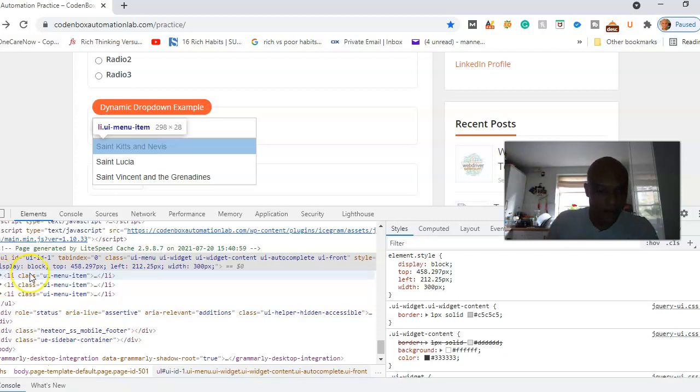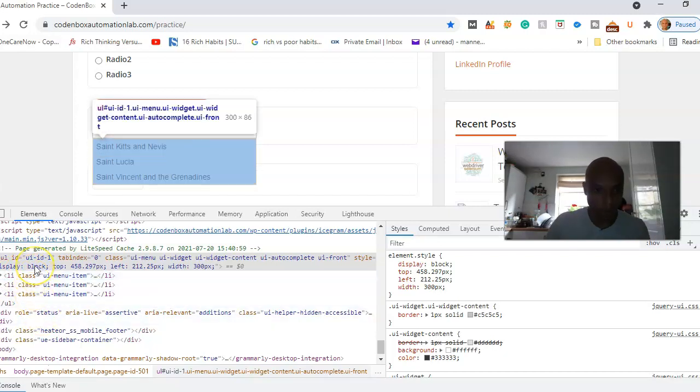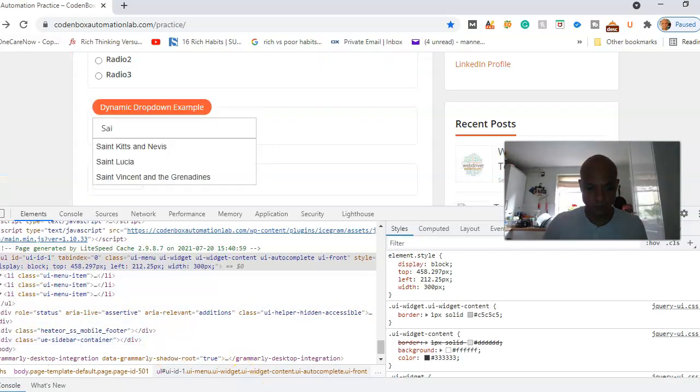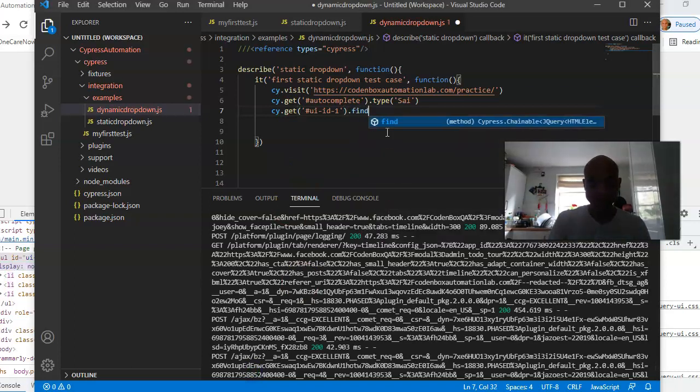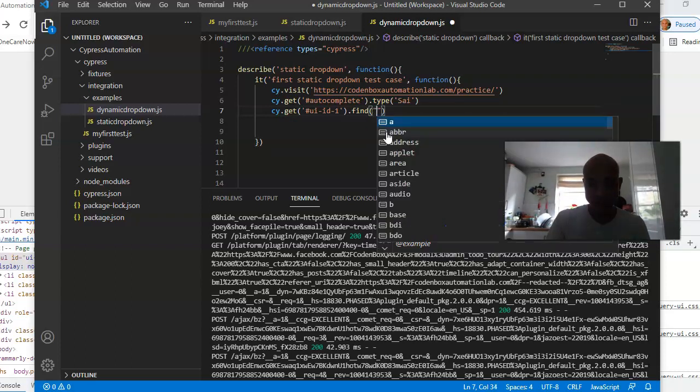Since we've allocated all of this array, inside that array we can use a method called find. So if we go back into our Visual Studio Code and we say dot find, from the array, find me one. So we go in here and then we say,